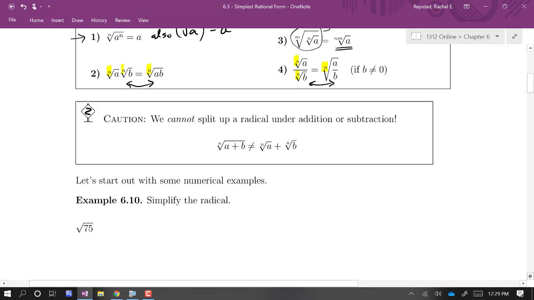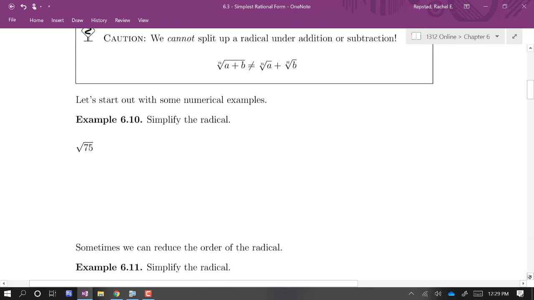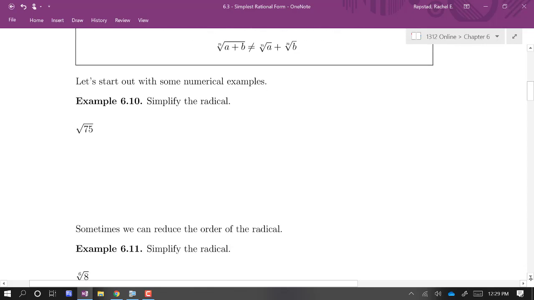We're going to simplify some radicals. Now, I'm going to show you a couple of different ways to simplify this one. Basically, if you're simplifying a square root, you're looking to take out perfect squares. Similarly, if you're simplifying a cube root, you want to take out perfect cubes. So if we start by just factoring 75, 75 is 25 times 3,